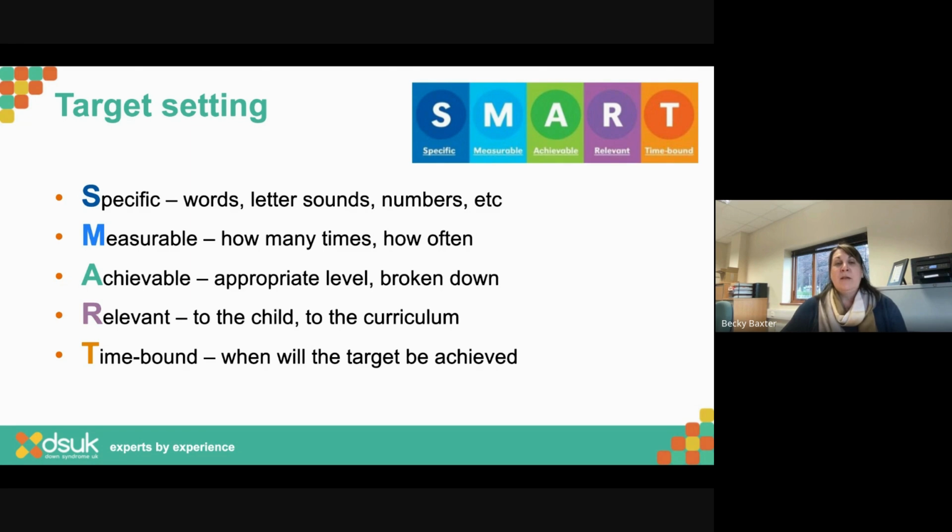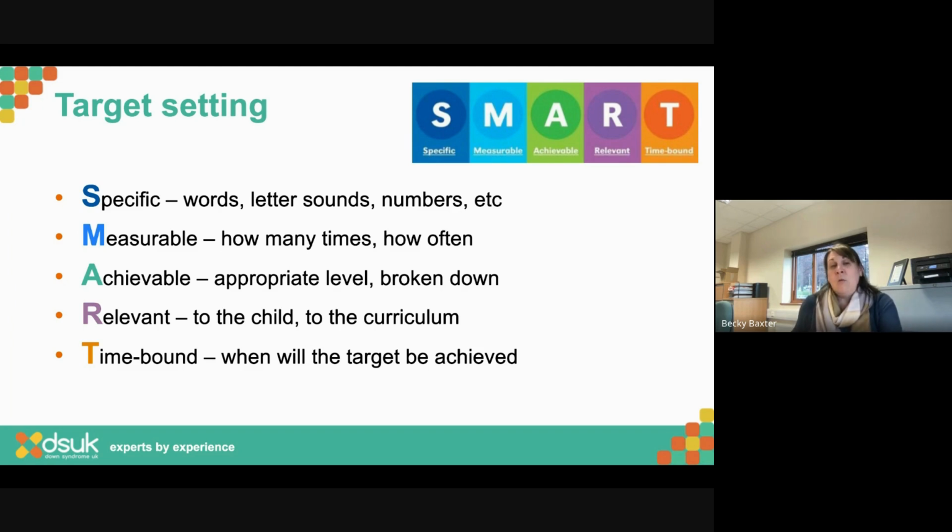Is it relevant, in terms of what's going to be useful for the child and what's going on in terms of the curriculum in the classroom? Is it based on what the key learning is for everybody else, so that we're going to be included in that lesson? And then, when are we going to assess? Is it going to be half termly? Is it the end of term? Is it a 2-week target? We want to know that kind of information, because I'm going to come back and assess at that time and see, has it been achieved?